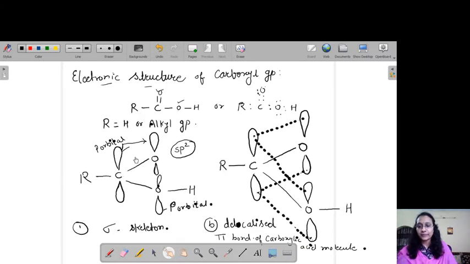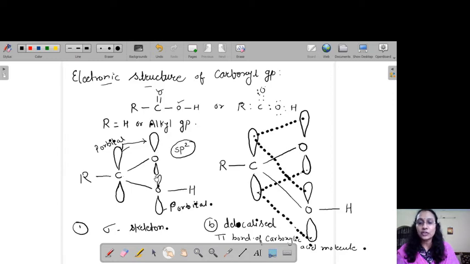Okay, so I think now all the points are clear regarding these two diagrams. Diagram 1 is explaining the sigma bond skeleton. Here we are supposed to write about the geometry: all of them are in the sp2 hybridized orbital state, they are planar, and the carbon atom and the two oxygen atoms are in sp2 state